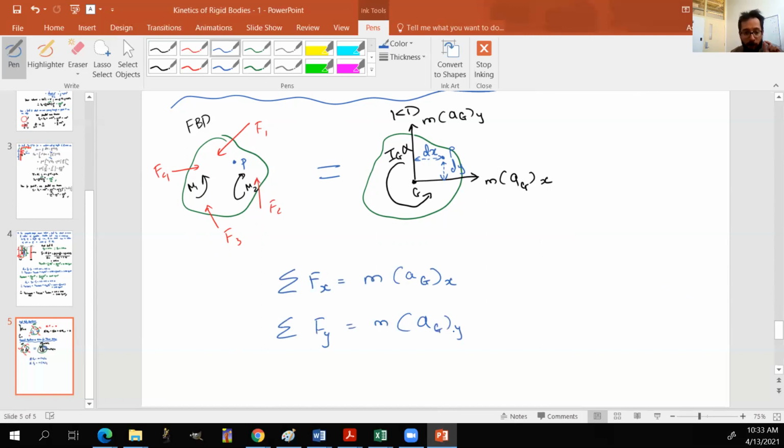And remember, when you're taking moments, you've got to take moments about an axis. And remember, for planar motion, we're just looking at stuff that's happening in plane. The axis is always going to be coming out or going into, depending on how you define it, off the plane that you're looking at, right? So you have moment about the random point P, right? That's going to equal the sum of all of the moments that act on the body plus the moments of all of the forces that act on the body about the point P,